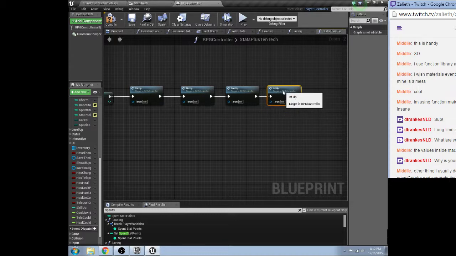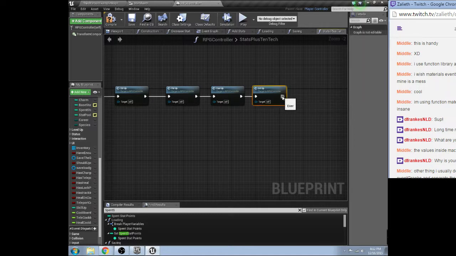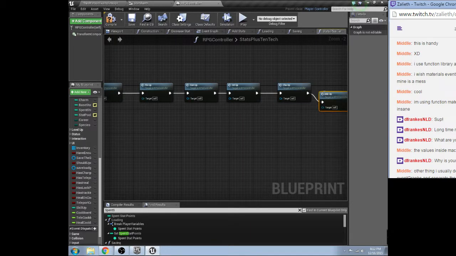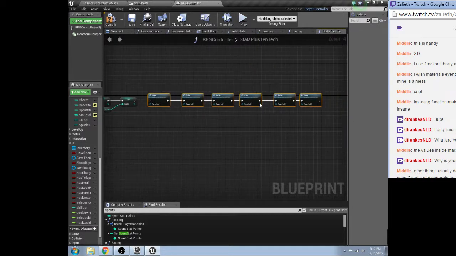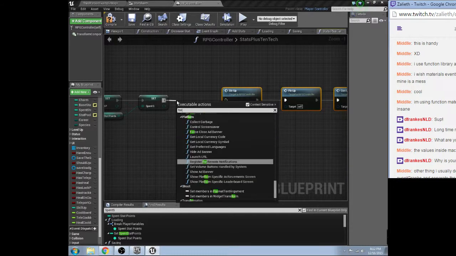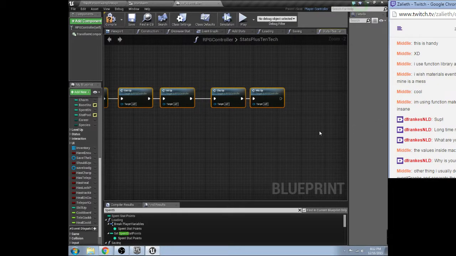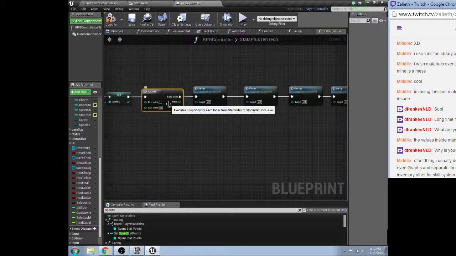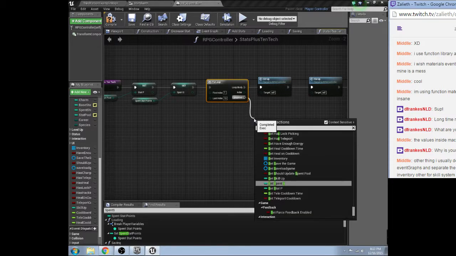Int up, charm up, up. 1, 2, 3, 4, wisdom. Put that on a for loop. Loop body. We're going to stretch out here, move that a little bit. Index 1, 10. And then we're going to set spent